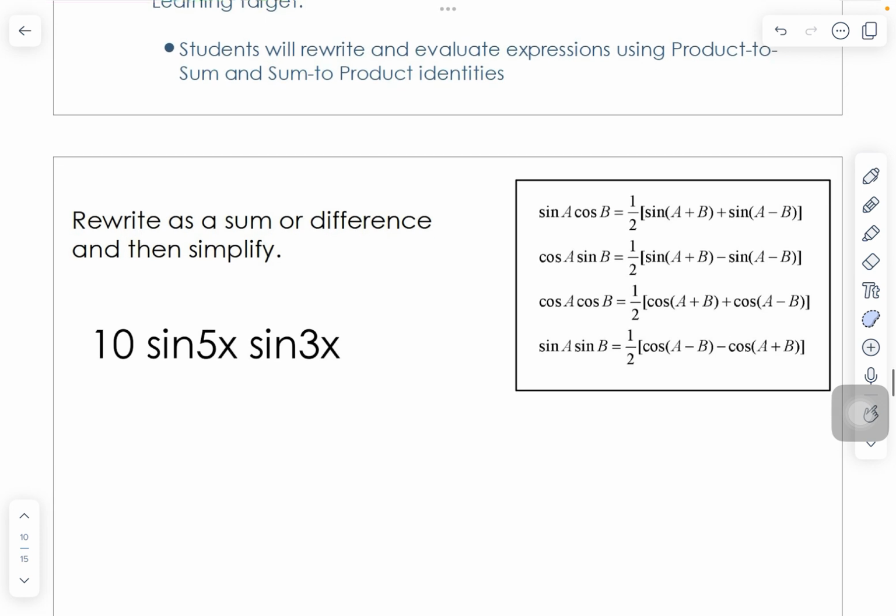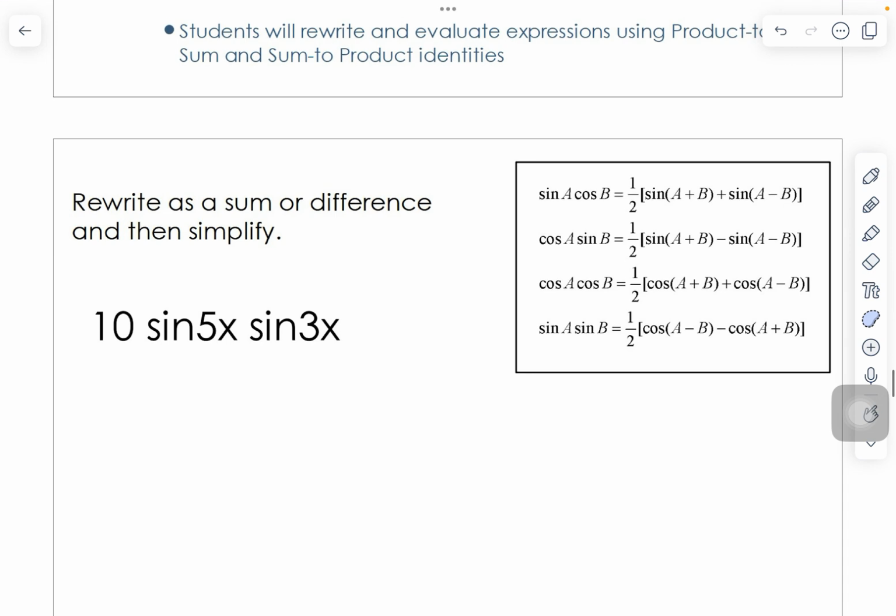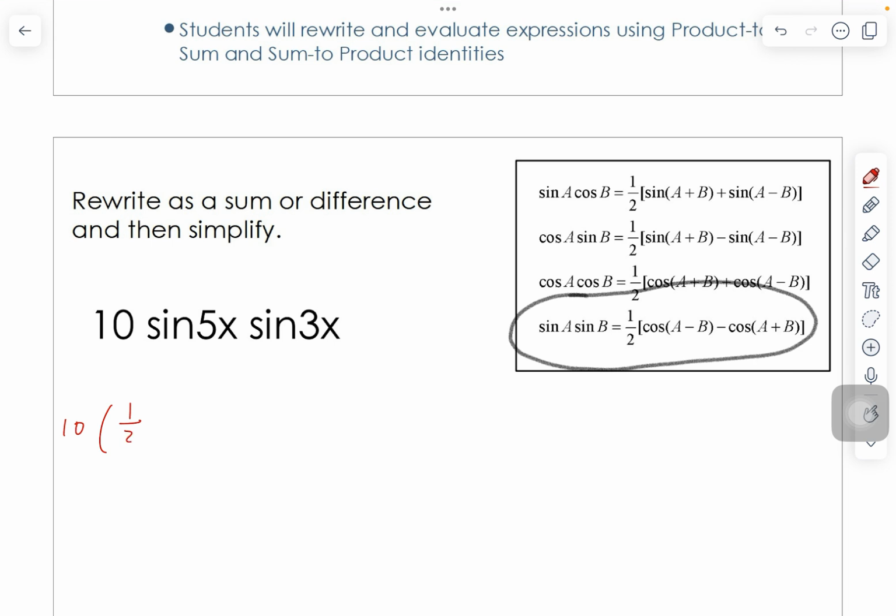Here I have 10 sine 5x and sine of 3x. So I'm going to go over here and grab the one that is sine times sine. So it looks like this is sine times sine right here. I'll leave this 10 out for now, and then I'll have 1/2 the cosine